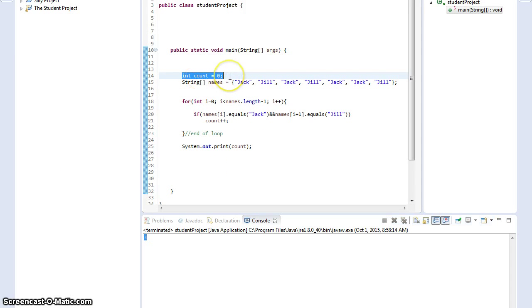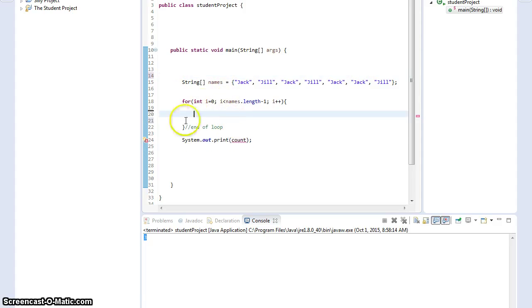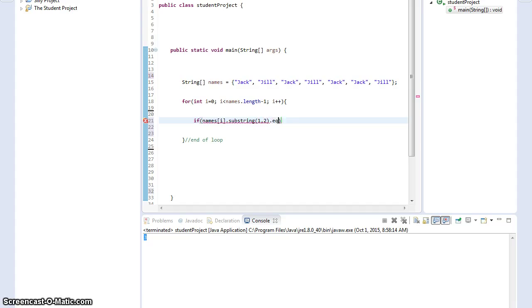Alright, I don't need to count anything, so I'm going to delete that. I'm going to keep my for loop, because that's very useful. Alright, so let's go through the loop. We're starting with I equals 0, so let's just think about this little thing here. If names I dot substring, we're looking at the second letter, so that's 1, 2, dot equals A. If that happens, if the second letter of the string object is equal to A,